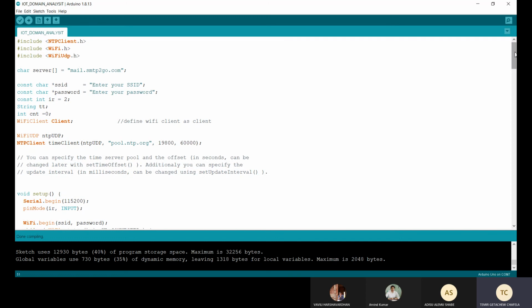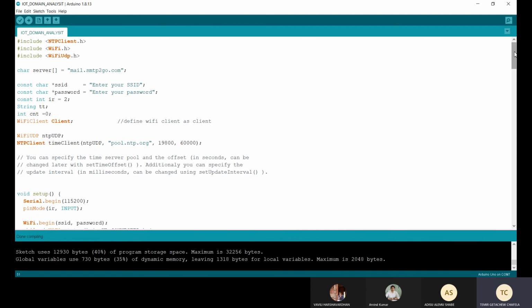To request date and time, we have to initialize the time client with the address of NTP servers. NTP uses UTC as the time reference and provides accurate and synchronized time across the internet. So for better accuracy, we choose the address of an NTP server closer to the geographic area.